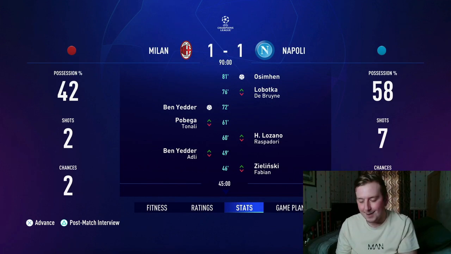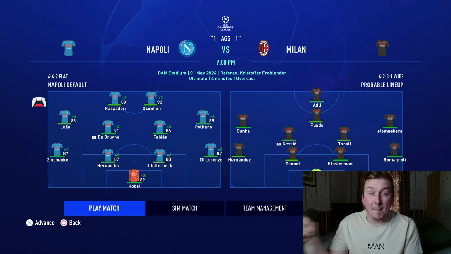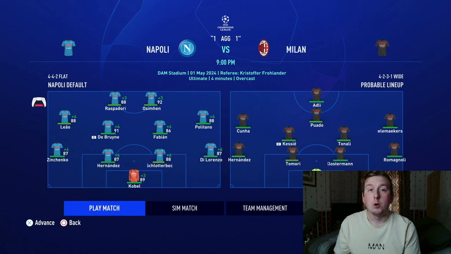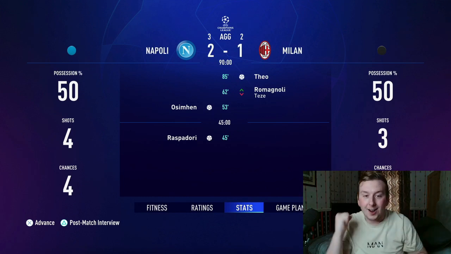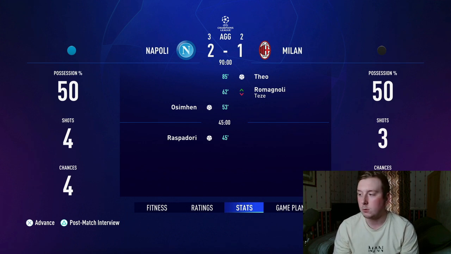Every time, man, I don't like this. I've just checked out the league table. We are miles ahead of AC Milan at this point, so surely to God we've got to knock them out now. We have got to knock out AC Milan to get... Oh, come on! Raspadori and Osimhen, I can kiss you. Thank God for that. 3-2 overall, 2-1 on the night. We knock out the Italian giants AC Milan and book our place, and freaking well deserved so, in the Champions League